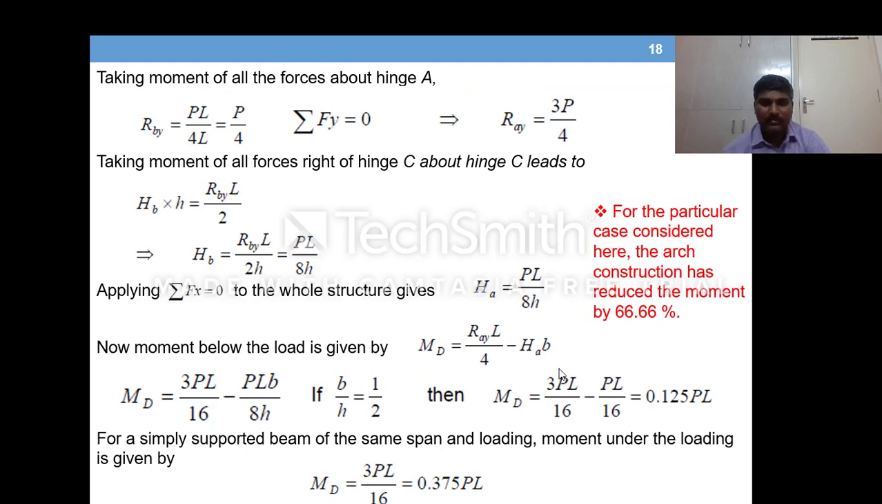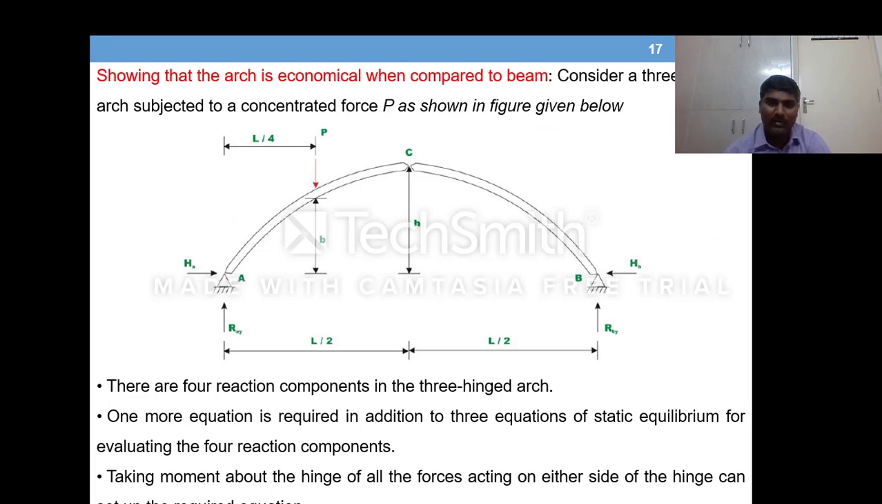So this is what we write for bending moment at D: RAY into L by 4 minus horizontal reaction into B. So we substitute for different values. RAY we know the value, this is 3P by 4, and we know HA value, PL by 8H. So all this we substitute. For a case of B by H equal to 1 by 2, we'll have bending moment at point load is 0.125 P into L. If the same problem, we replace this arch